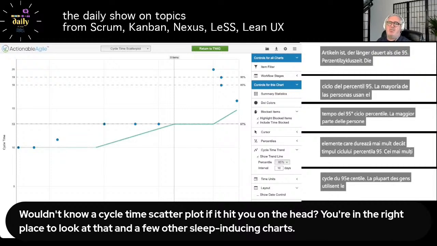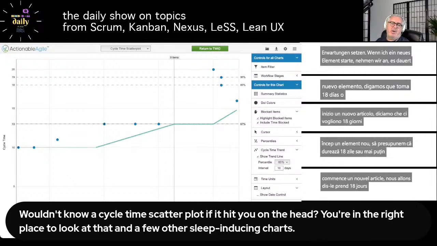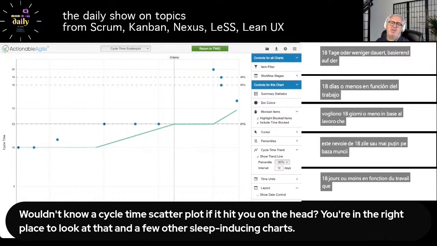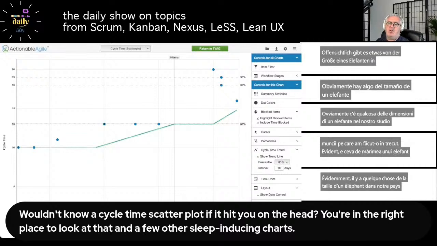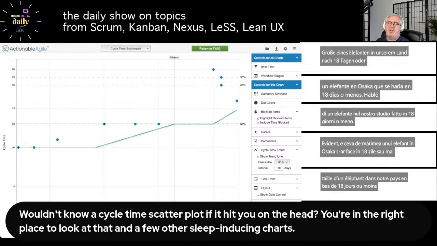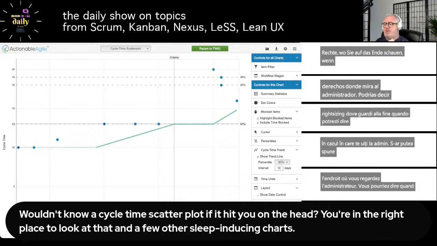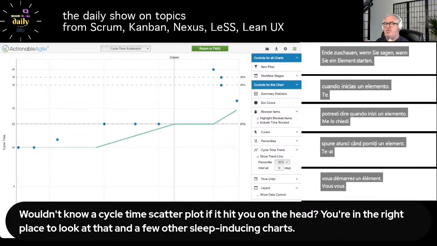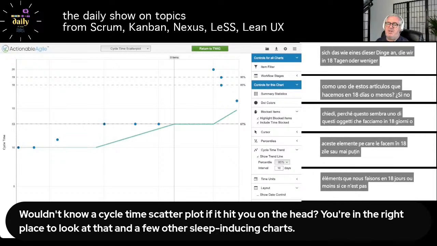If I start a new item, let's say it's 18 days or less, based on the work that we've done in the past. Obviously, if there's something the size of an elephant, it's not going to be done in 18 days or less. I talked about that in another episode. You might do something like right sizing, where you look at the item when you start it and ask yourself, does this feel like one of these items that we do in 18 days or less? If it doesn't feel like that, maybe we need to